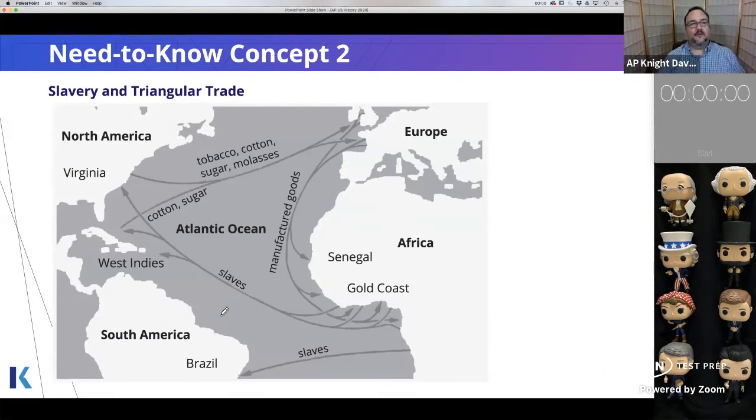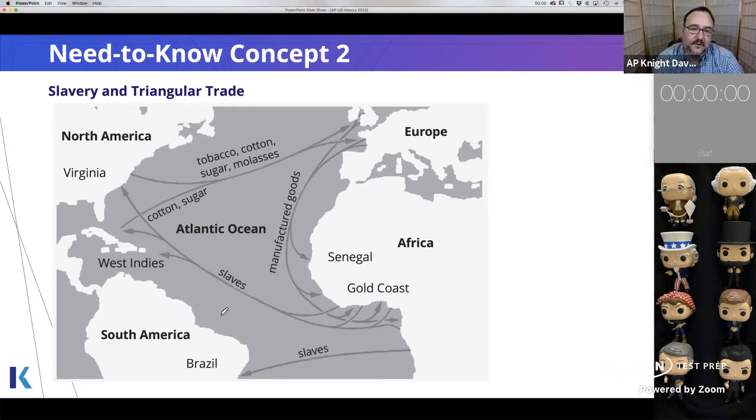So moving to need to know concept number 2. You can see 1 and 2 kind of bleed into each other, no pun intended, but it could definitely be one. But they merge together: early European colonization and the slave and triangular trade. So in